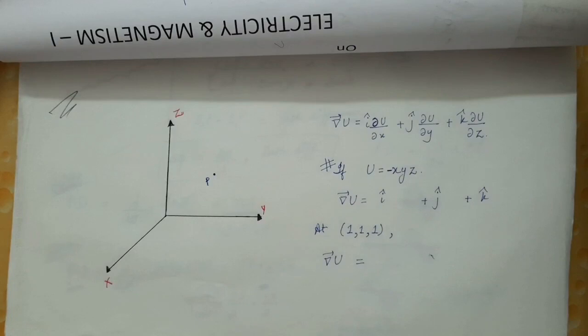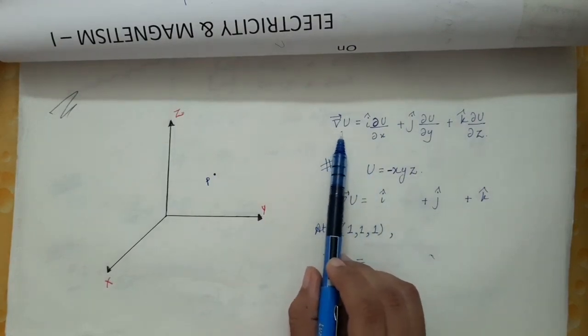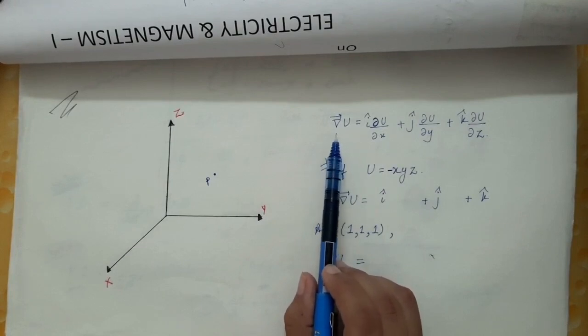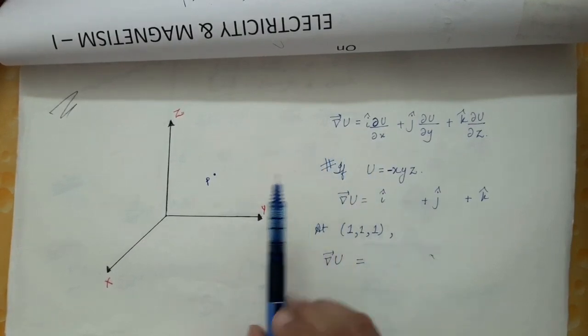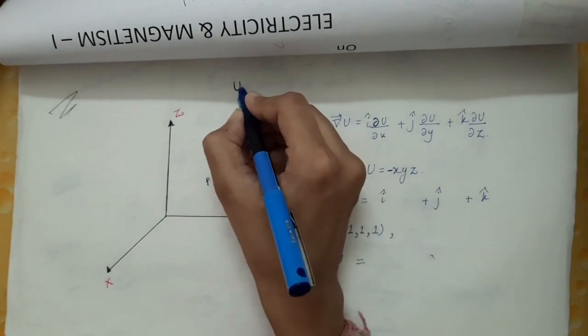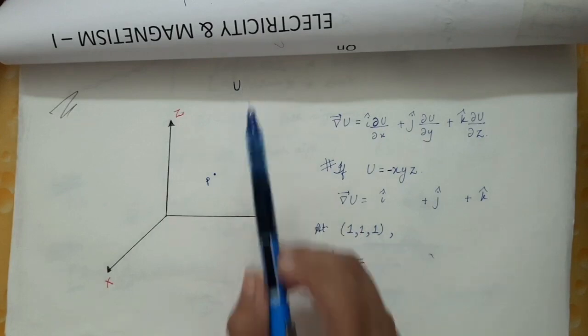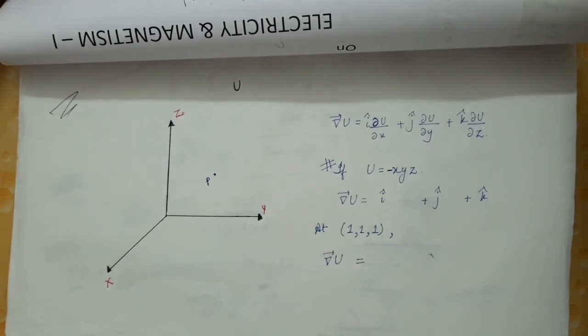Now we are going to take an example and show how the gradient of u points in the direction of maximum change in the scalar function u. We have drawn here the x, y and z axes, and there is some scalar field function present in space. Let's say the scalar field function is u. At every point in space there will be some value of u, some magnitude of u. Now u is a scalar function, so there will be no direction, only magnitude.